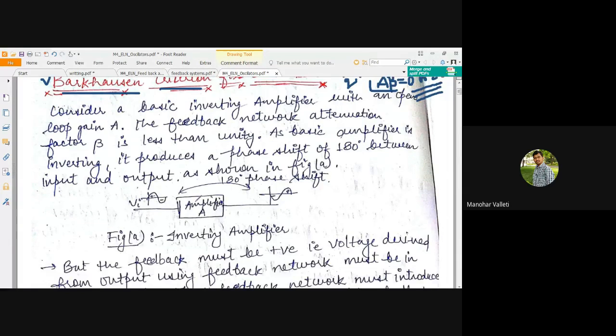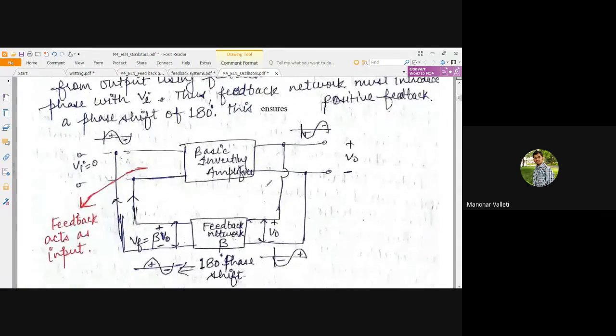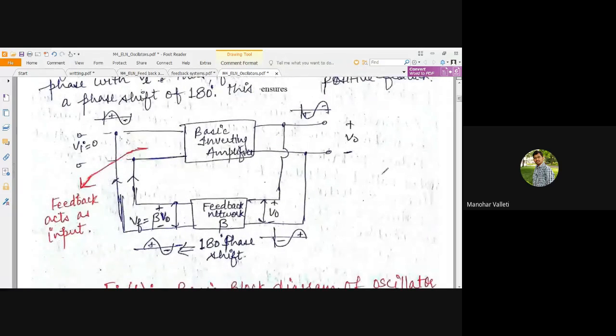To tell that in a circuit positive feedback is there, the phase has to be 0 degrees. So let us consider the inverting amplifier, the most popular feedback amplifier. If you apply V in, you will get 180 degrees phase shifted output. And you just see here, this is the block diagram of an oscillator. So the basic inverting amplifier, we are employing some feedback, and the feedback signal equals beta V naught. We are using voltage series feedback here. Now we are trying to modify that voltage series feedback amplifier circuit into some oscillator circuit.